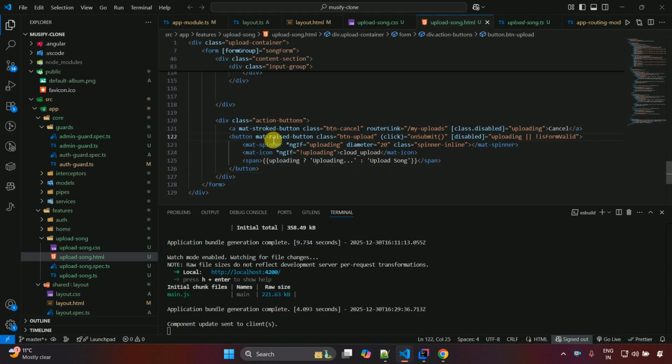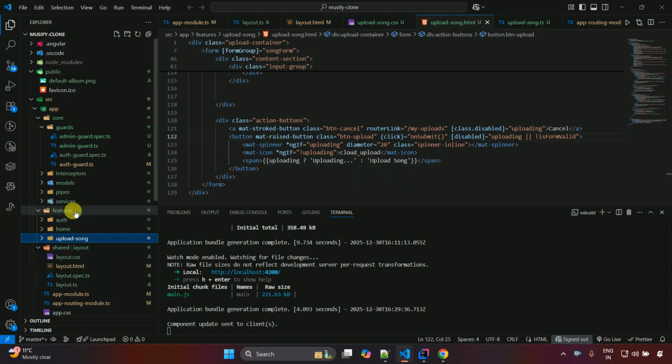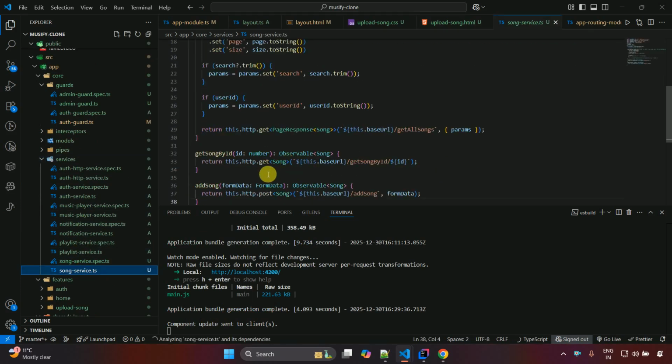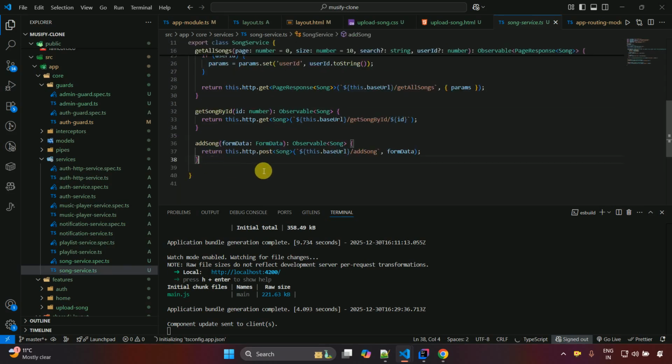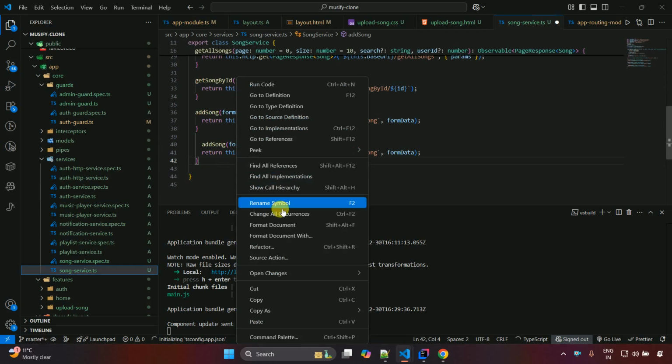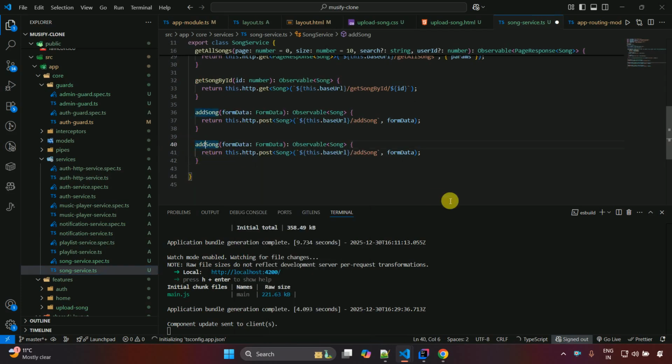Now let's go to the services first. So we go to service, and then we have the song service.ts file. In this one we are going to write the logic related to the upload song, right? So I'm just going to copy paste this line of code over here, and let me also format this, and here make it as update